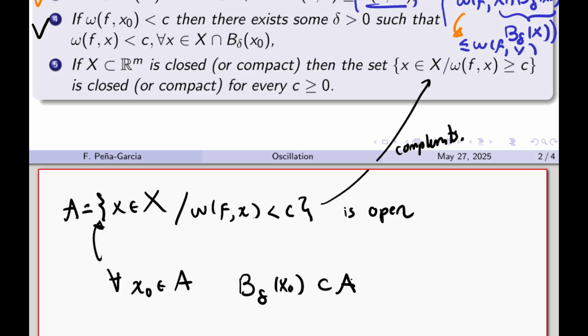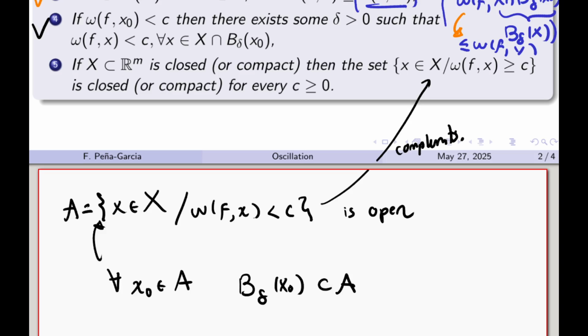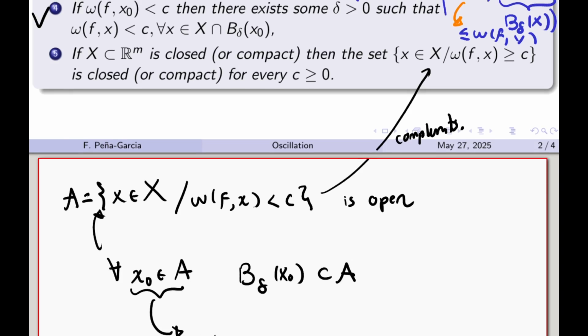Will that be possible? Well, we already know that by the fourth property, if x node is a point in A, then the punctual oscillation in x node is smaller than c,